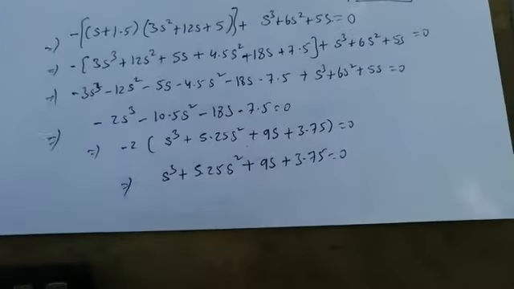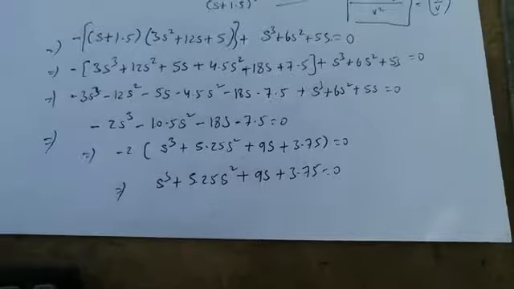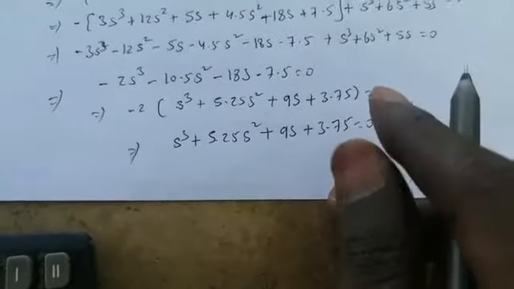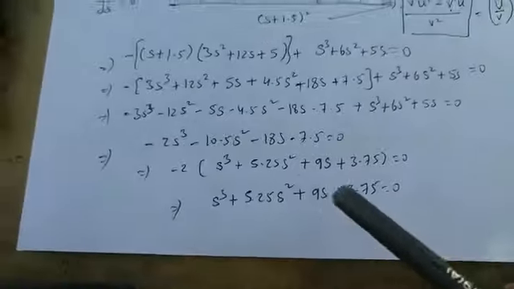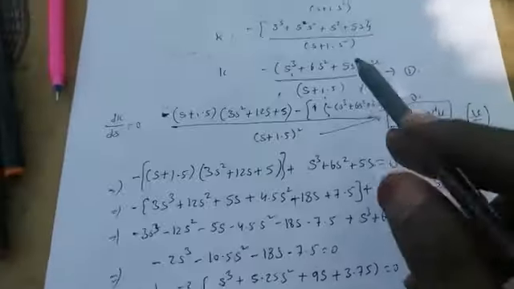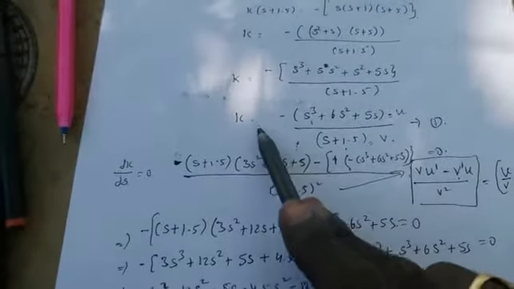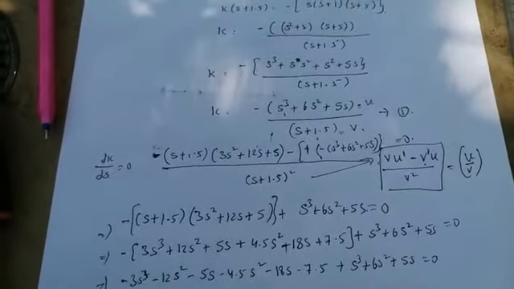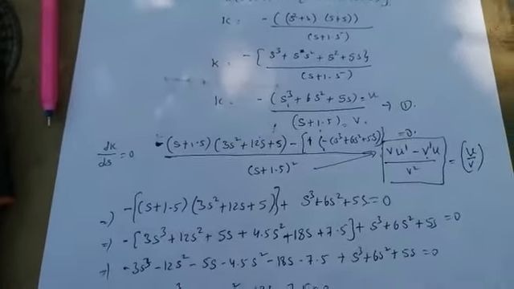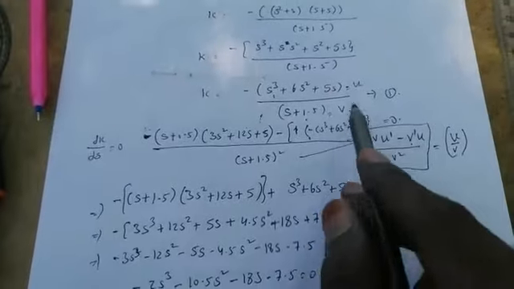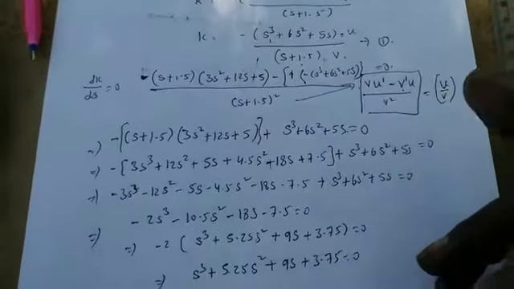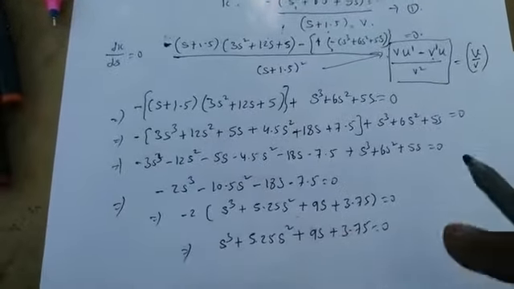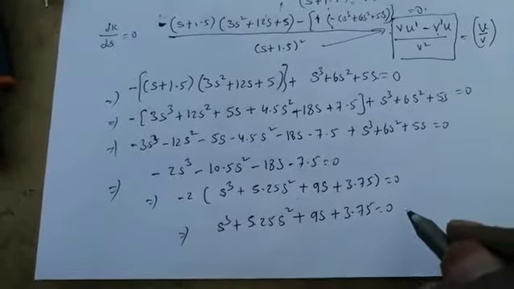Now we have to find the roots for this equation, that is s1, s2, s3. After this, if you substitute s1, s2, s3 in the equation for k, if the k value is a real positive, then that point is termed as a breakaway point. If you do not get that positive real, then it is not called a breakaway point. Okay? And now let me see how to find this.